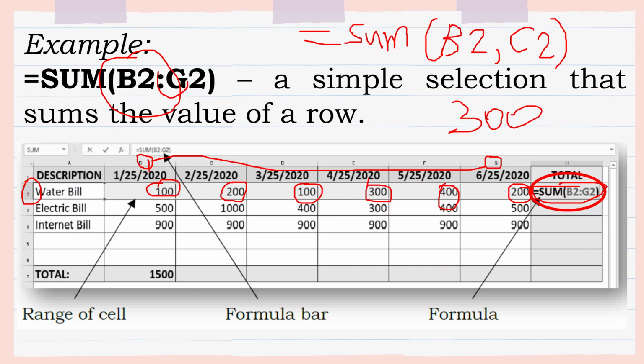Because I only added the value from B2 and the value from C2, because I am using the comma. I am not using the colon. So always remember, if I use the comma instead of a colon, that means the specific cells, the specific arguments, are the only cells included in the computation. Okay? So next, let's proceed.